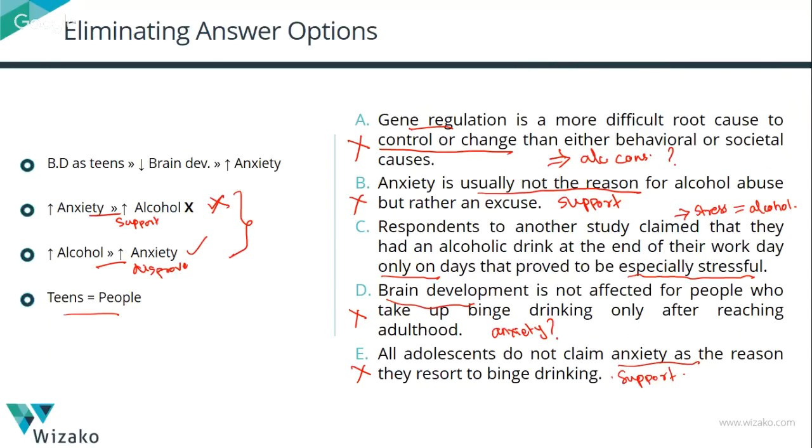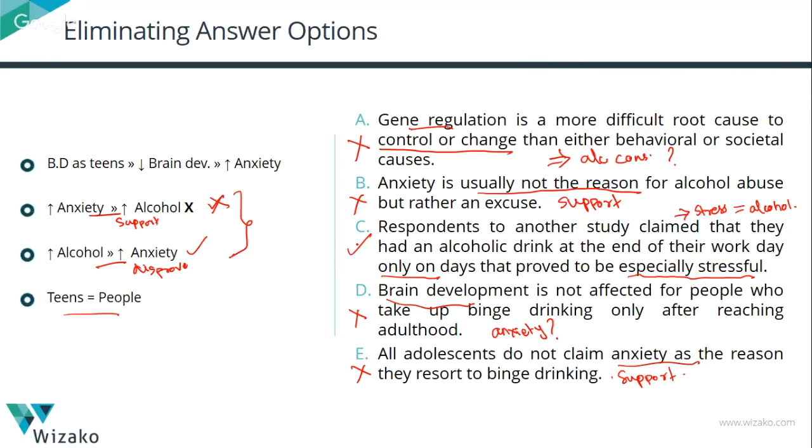Here you need to correctly interpret what is causing what according to the argument. Is it anxiety causing alcohol or alcohol causing anxiety? What is the author saying? And ensure that the answer option questions that particular link. So a lot of times when negations happen in the argument, be careful about your interpretation of the argument. The difficulty lies in your understanding of the argument more so than your answer options.